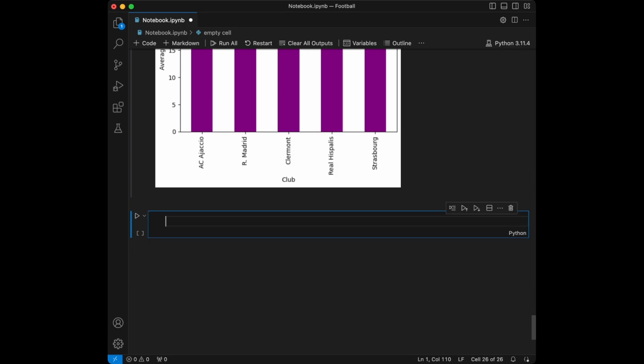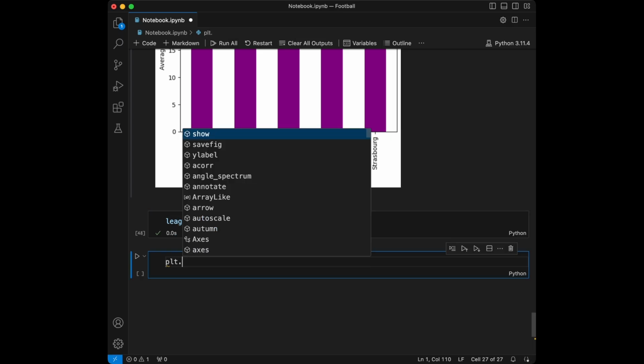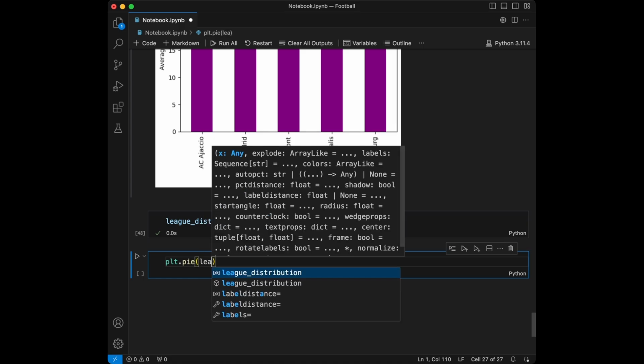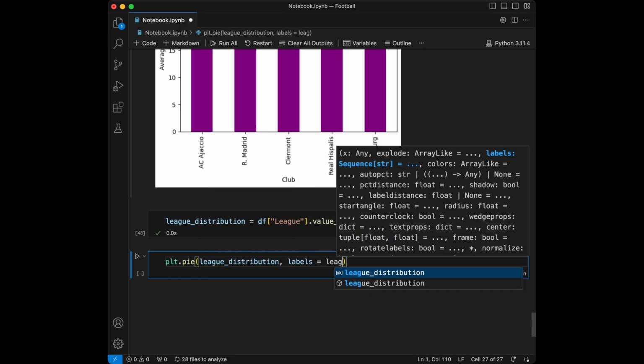Okay, let's plot a pie chart of the distribution of players across different leagues. So we will say league distribution is going to be data frame league, and we will use value counts after that, and we will create a pie chart. So we will say plt.pie, then we are going to do league distribution, labels is going to be equal to league distribution.index, and let's set the autopct